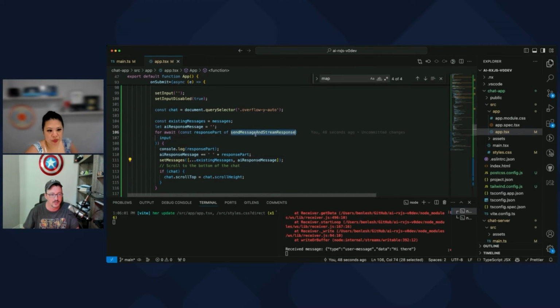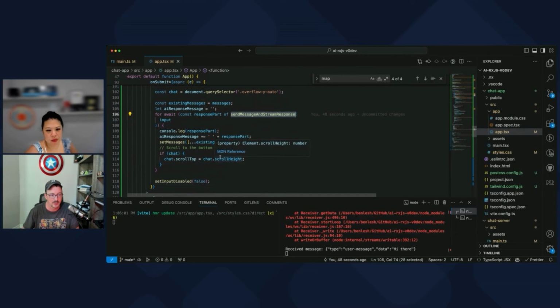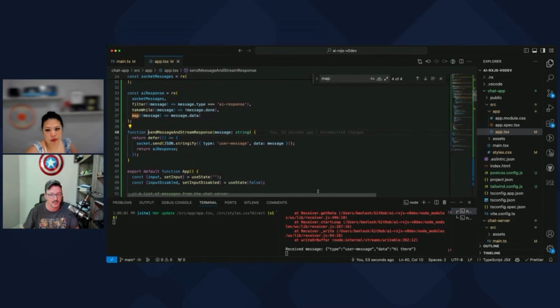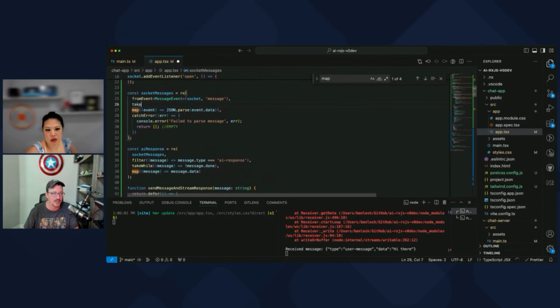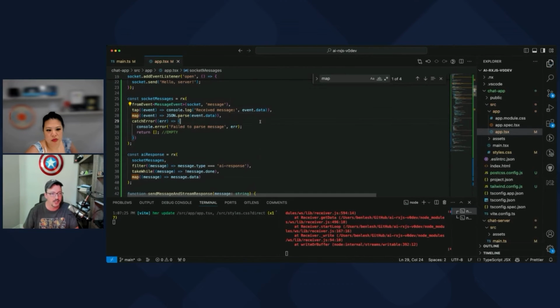Let's see. So I sent the message. This is subscribing to it. I definitely got the user message. And then the AI response, we're getting in here and it's not failing to parse the message on our side, but we're also not seeing messages. So it makes me curious. Let's do the old tap-eroonie. Import tap from RxJS. Hooray. I'm looking in the client now when I'm seeing this stuff.